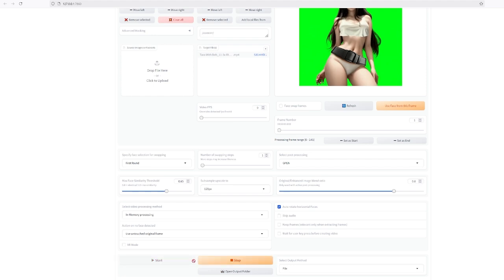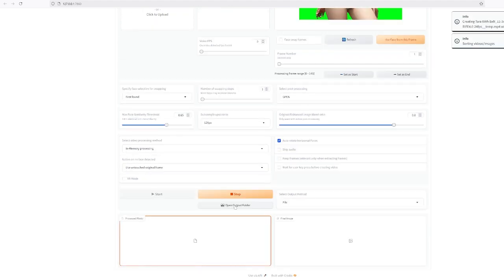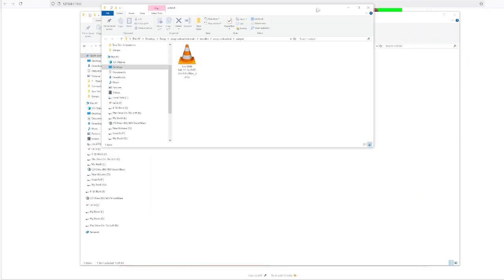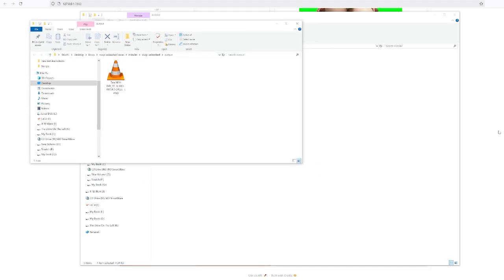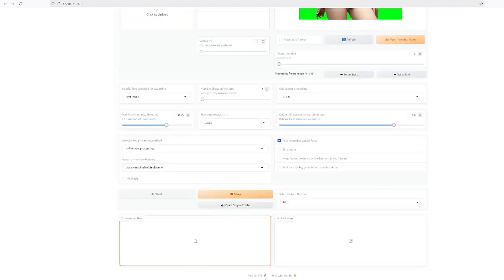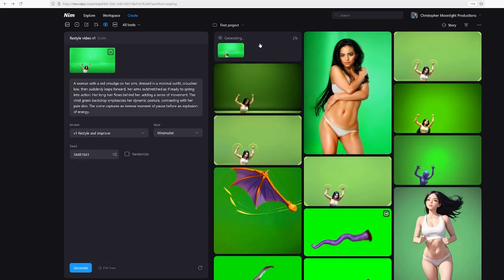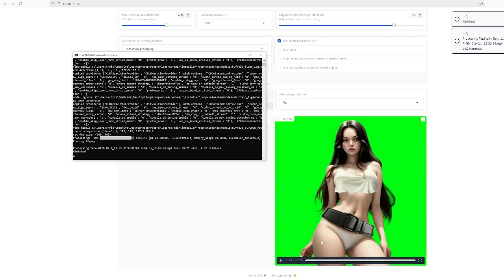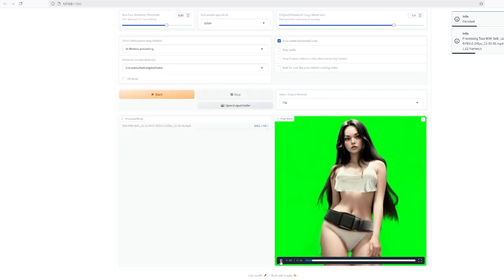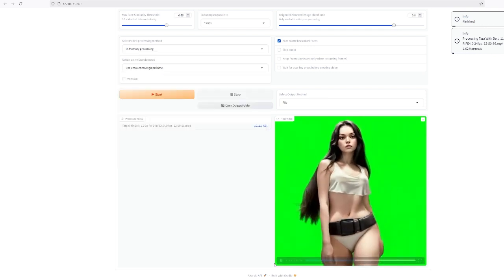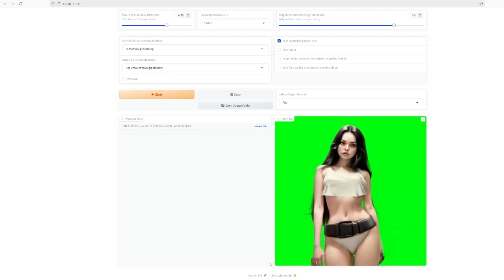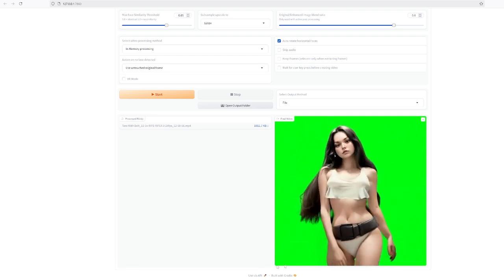We click Start. You can also click this Open Output Folder. Right in here, it's processing, and you can see our progress here. We're at 11%. And let's check in our progress on Nim. Hey, we're out of the queue and we're processing. We're at 3%. Okay, so now we have our video output, and you can see the faces replaced. We got smooth motion. So now that we've got that,